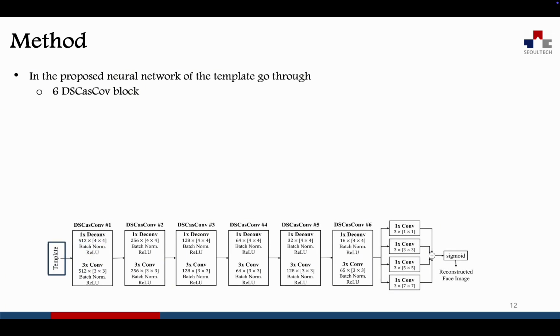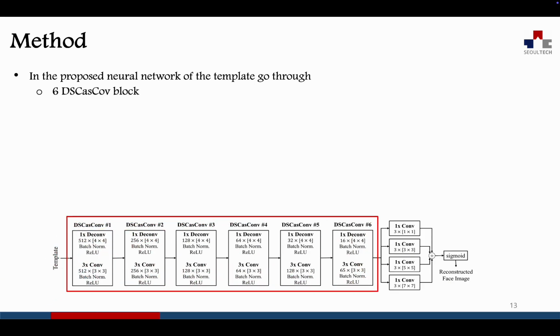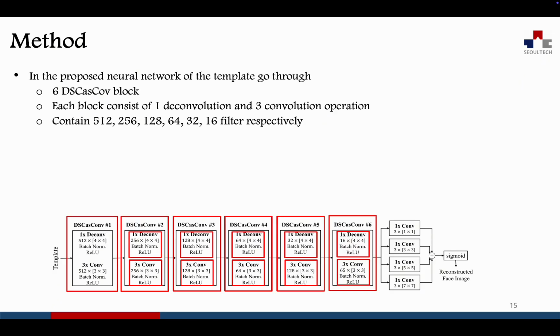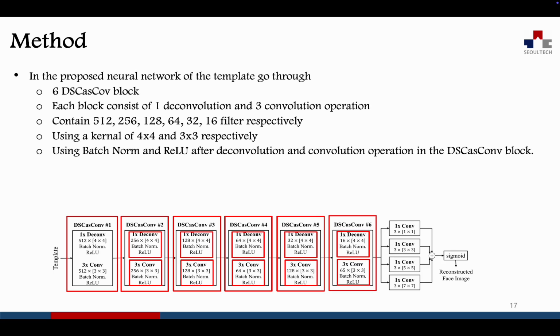So in the proposed neural network, the template will have to go through 6 DSCasConv blocks, which are shown in the picture below, and each block will consist of 1 deconvolution and 3 convolution operations, and contain 512, 256, 128, 64, 32, 16 filters respectively. And also the deconvolution operation will use a 4x4 kernel, and the convolution will use a 3x3 kernel. At the end of each operation, a batch norm and rectified linear unit will apply, and at the end of